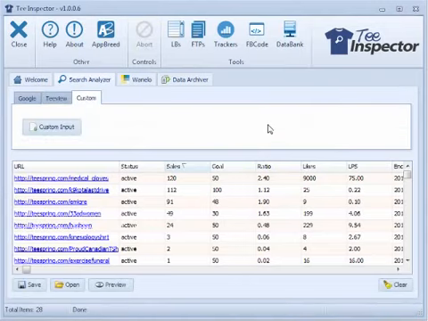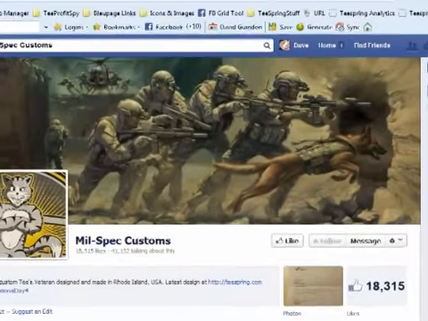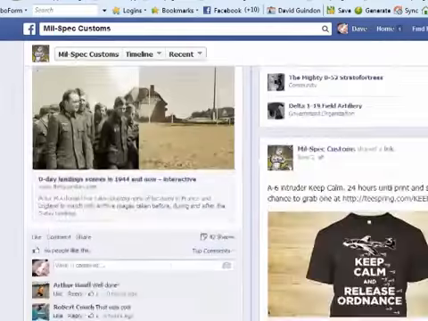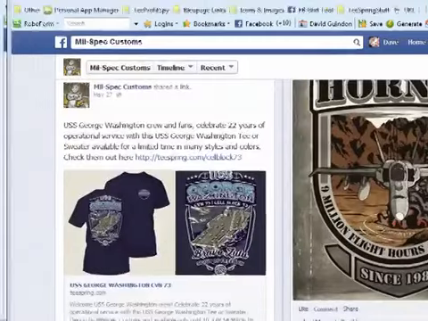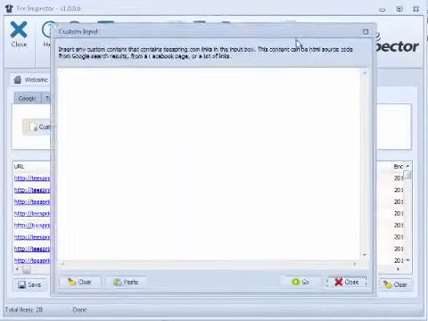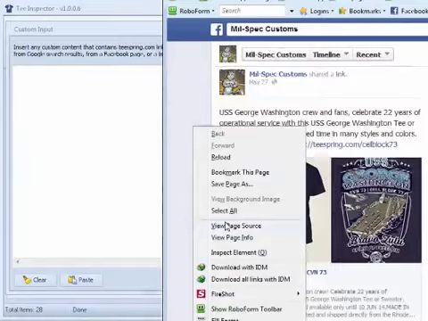And another really awesome one here is the custom. This one is wicked, and I use it all the time. For example, let's say you get to a fan page, something like this, and it has a bunch of t-shirts on it, and you want to know how many sales all these shirts are getting. All you have to do is click this custom window, just put it up here, and then over on your web browser, doesn't matter what browser you're using, just right click, view source, and then